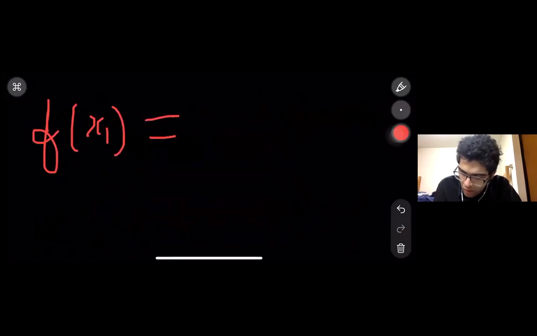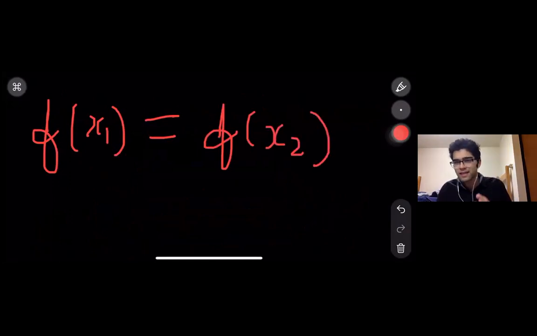So now let's try to define a one-to-one function. Suppose we have a number small x1, and let's say that f of x1 equals f of x2. So now we are saying that there is one element x1 which belongs to the big X. There's another element x2 which also belongs to big X. And we're assuming that f of x1 is equal to f of x2. Suppose this is a one-to-one function. What does this imply?